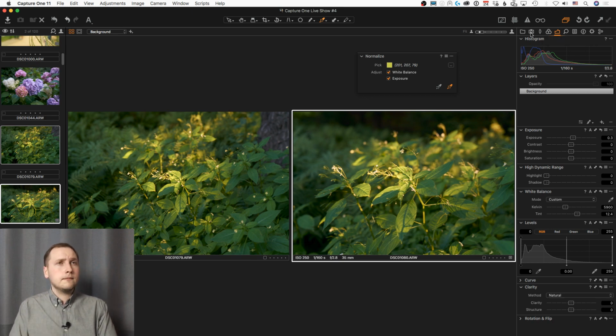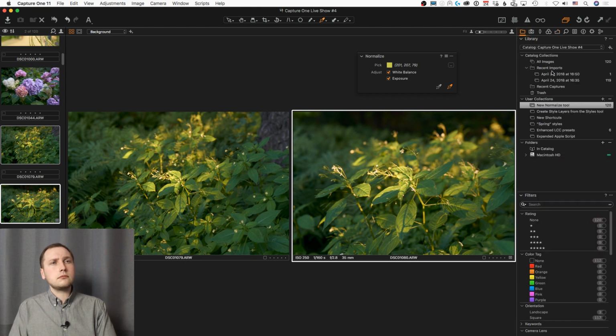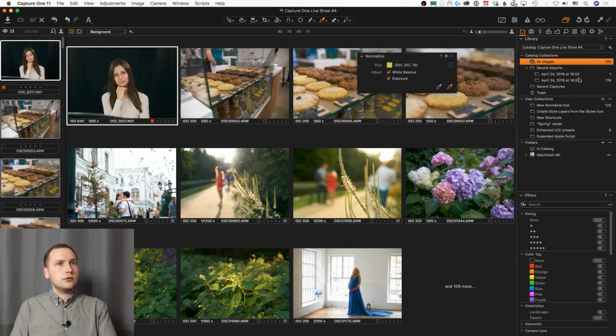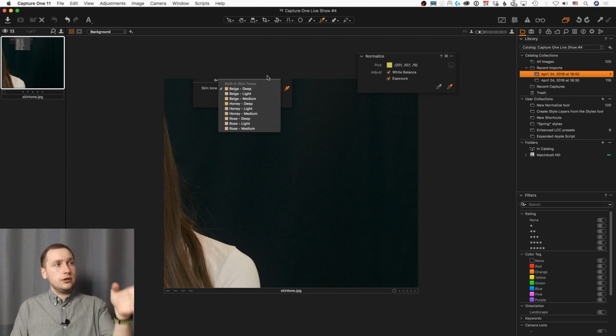But I have a nice trick for you. Keep in mind that you can pick a color sample from any image, including JPEGs, for example. And this way, you can just create a screenshot of the old skin tone tool, and we're just copying,